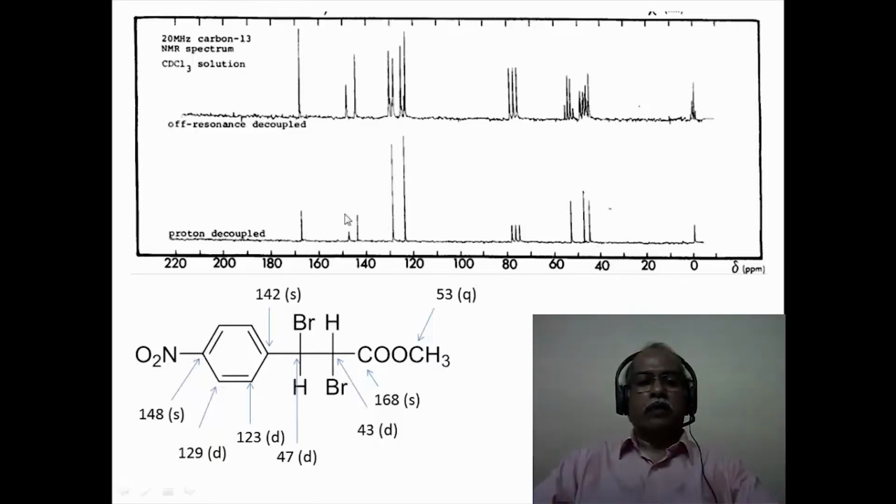Two of them are quaternary carbons, namely this particular carbon and the ipso carbon of the nitro functional group. And then two carbons which are CH kind of carbons. From the intensity as well as the off resonance multiplicity, one can tell that these are the CH carbons and these are the quaternary carbons of the aromatic ring. Now the one that is connected directly to the nitro functional group would come at a higher delta value, around 148, whereas the one that is attached to a carbon bearing the bromine would come around 142 or so.